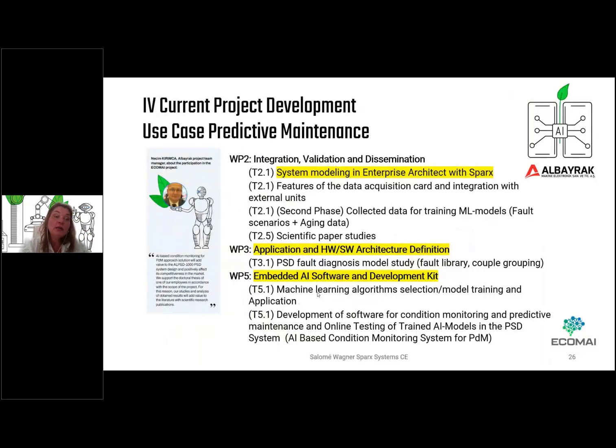I'm going to give you a short insight into one of our consortium's partners. We are working very closely together. It's Albayrak, a Turkish company. Predictive maintenance was in the focus of the project, and they make these automatic doors for public transportation. So they deliver this to public transportation all over Europe. So in those work packages, what we did step by step,